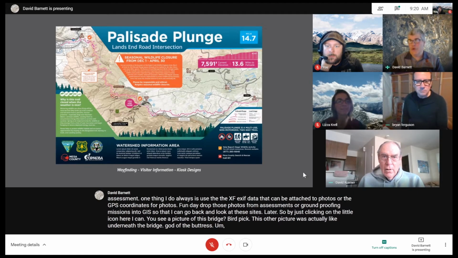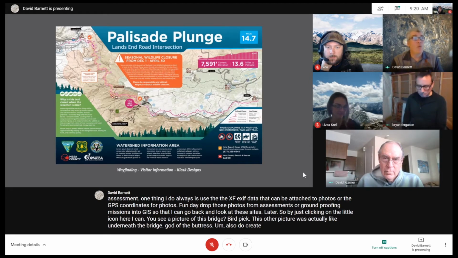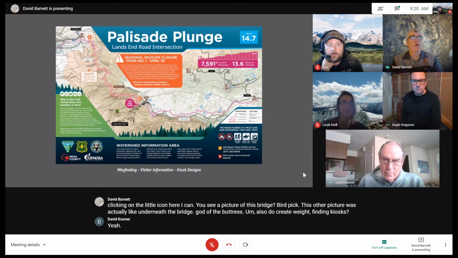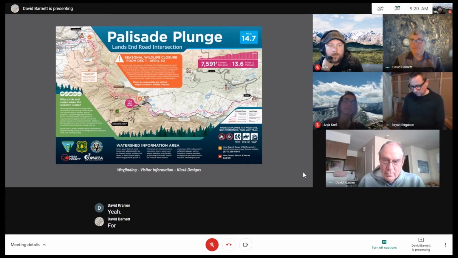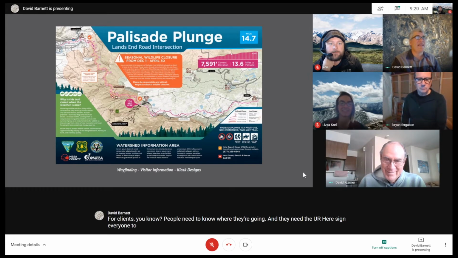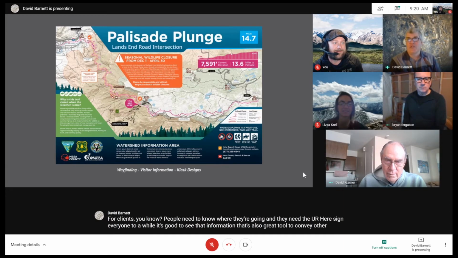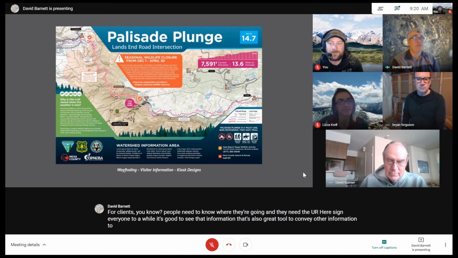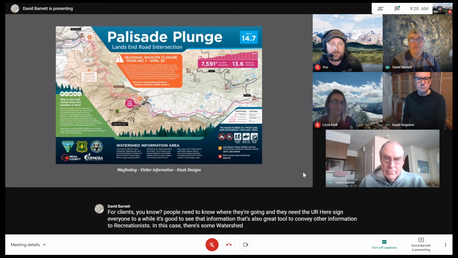I also do create wayfinding and kiosks for clients. People need to know where they're going, and they need the "You are here" sign every once in a while. It's good to see that information. It's also a great tool to convey other information to recreationists. In this case, there's some watershed information for the,